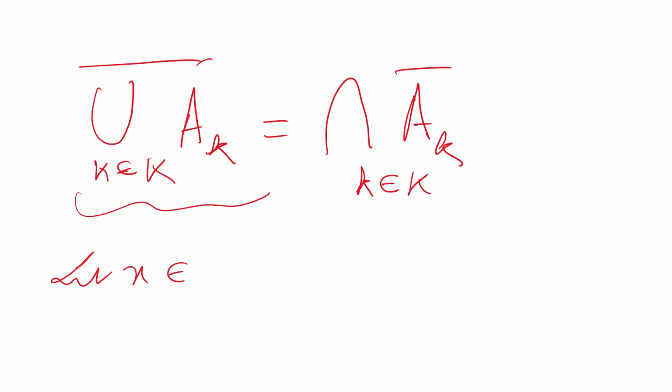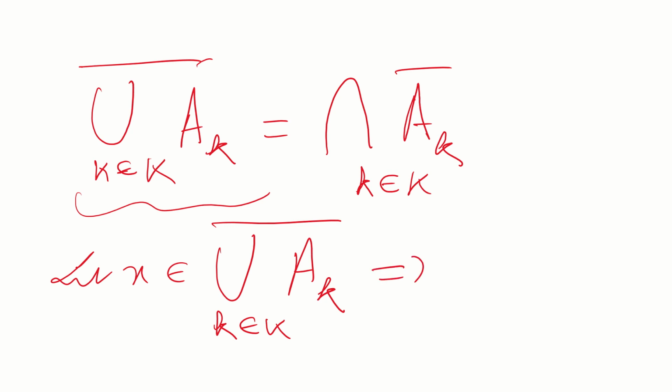Let x be in the union over k of A_k. So if x is in this, what does that mean? If x is in this set, this implies what? That means x is not in the